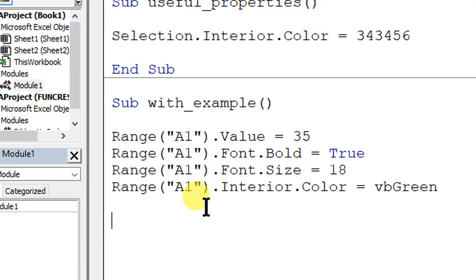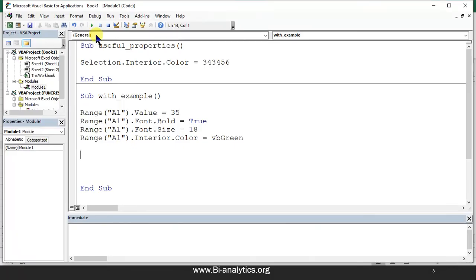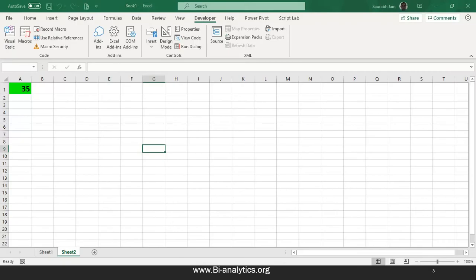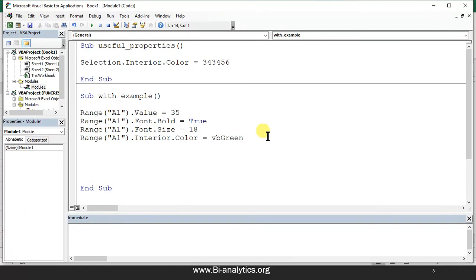First let's run this program and see what happens. Let's run. So it has done the green color, it has done 35, it has done bold. Fine. You all can see? Okay. Let's move ahead.